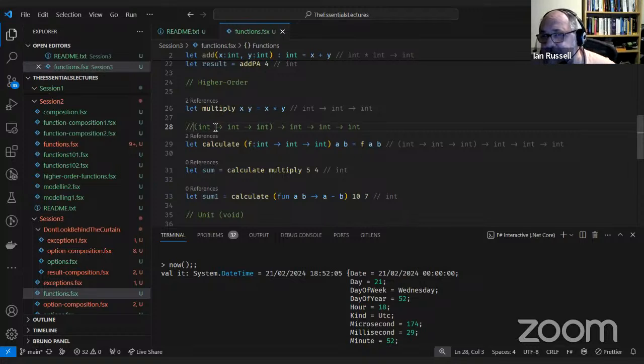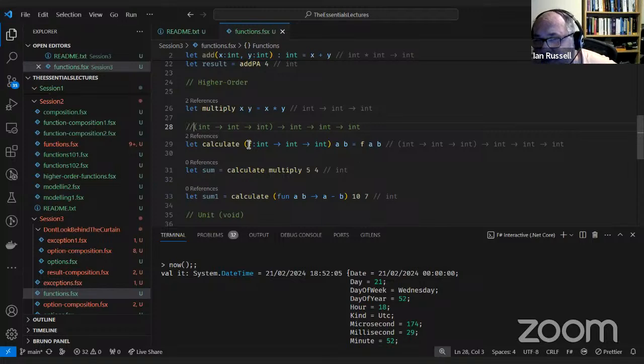I know it's a function because it's got arrows in it. Even if there's just one arrow, that would still be a function with one input parameter, one output parameter. So you need to pass in a function that fits that signature. And then you've got two input parameters of int, and it returns an int at the end.